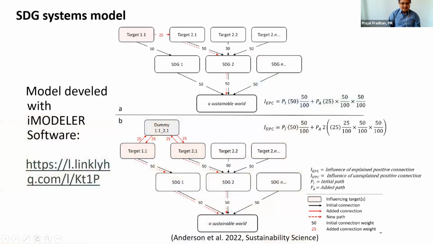Second, here I would like to highlight the SDG systems model. I call it the SDG systems model because we are looking at the SDGs as a whole. This slide was also presented before. Basically, here we developed our SDG system model using this iModeler software. Here is a link. If you have time later on, you can click on the link and